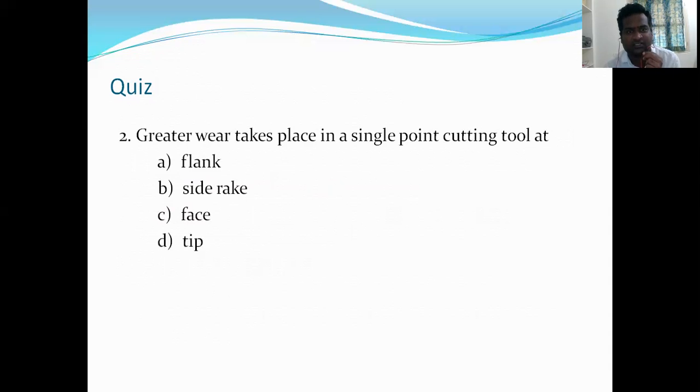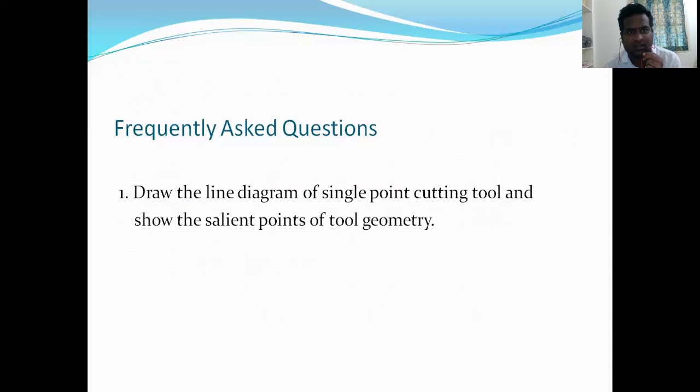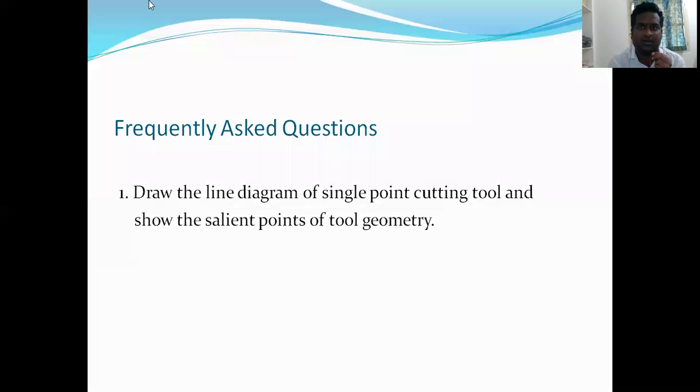Where does crater wear take place in a single point cutting tool? And a frequently asked question: draw the line diagram of a single point tool and show the salient points of the tool, right? Now, with this, I conclude today's class. Tomorrow we will be discussing about the